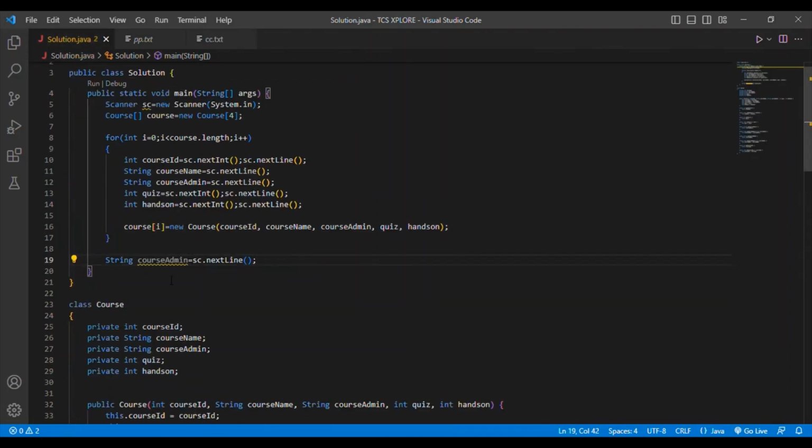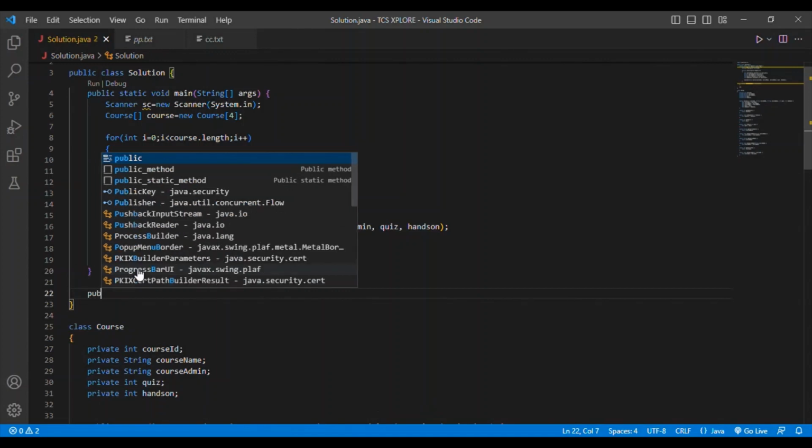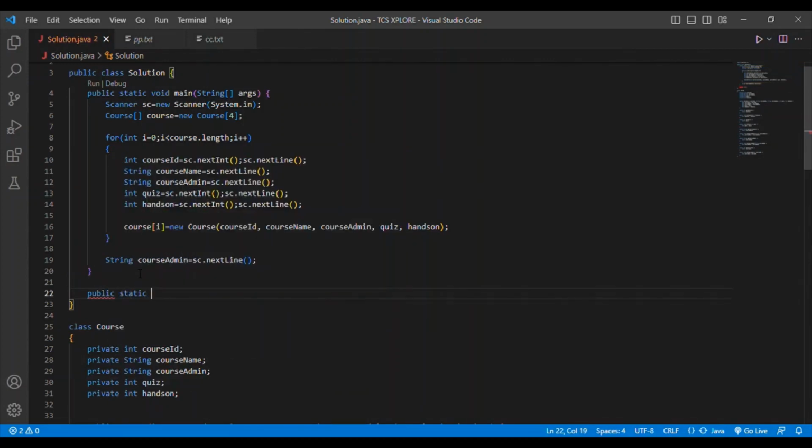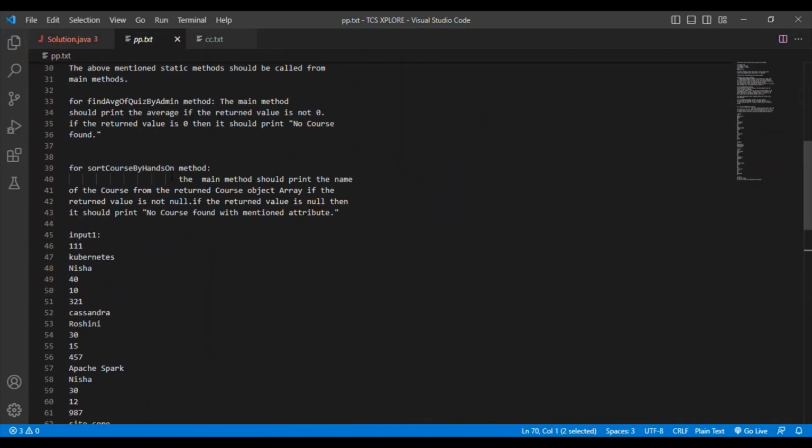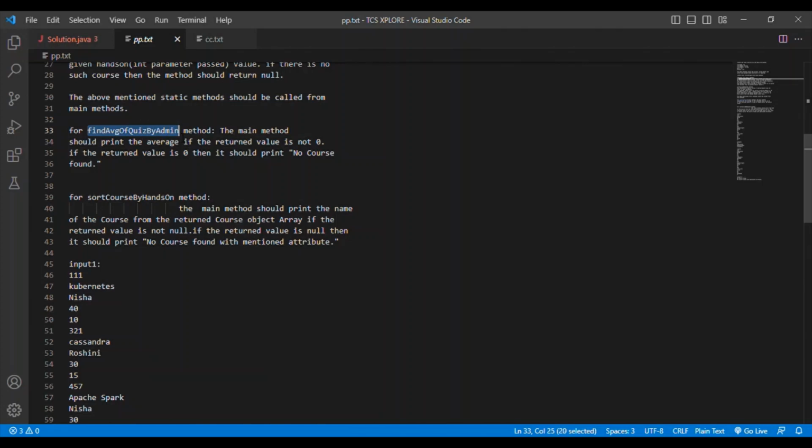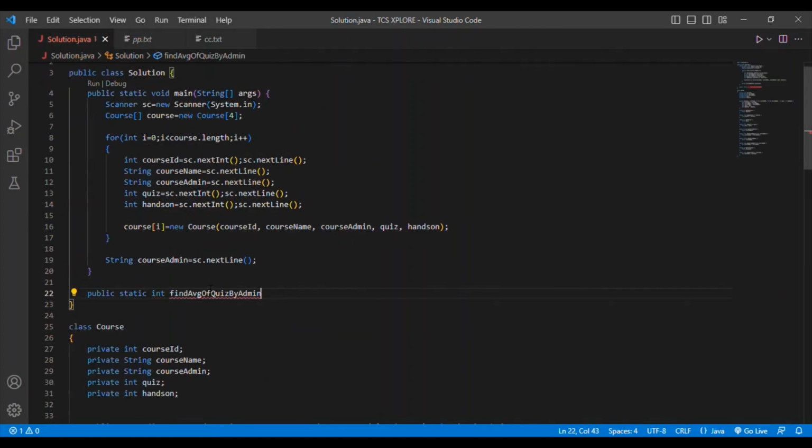For that I am putting public static. I am going to implement it as a static method, and I am putting int. I am putting int because it will be returning only an integer value. If it returns an array, I would be putting course. Then I put the method name. My method name is findAvgOfQuizByAdmin. I'll be copy pasting it, and then inside that particular method